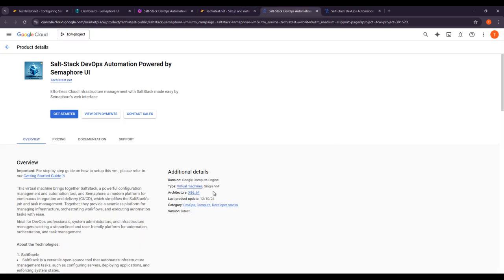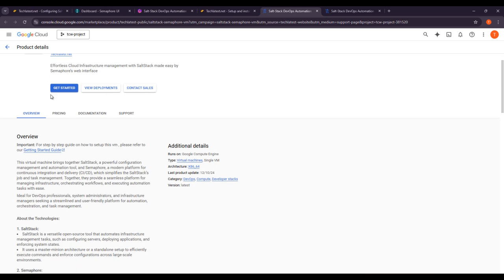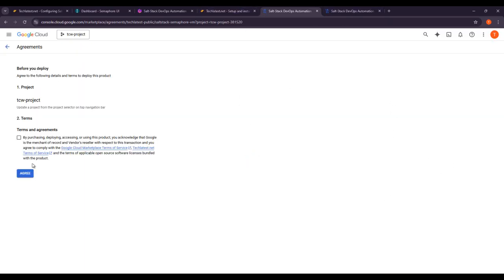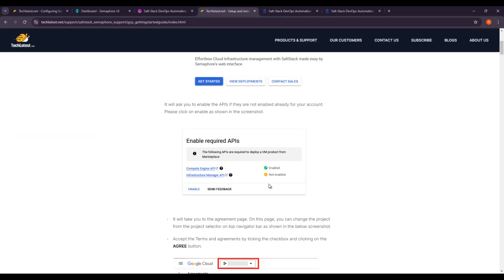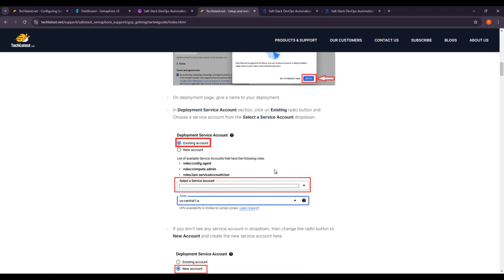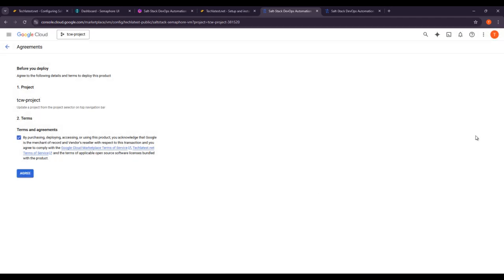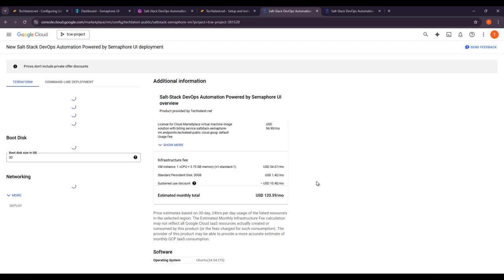Okay, so here you can see SaltStack DevOps automation powered by Semaphore UI. This is the step-by-step guide. Then click on Get Started button. And after this, you have to accept these terms and agreements. Then click on Agree button. So after this, you can successfully agree to terms and then click on Deploy button here, and it will basically open an overview